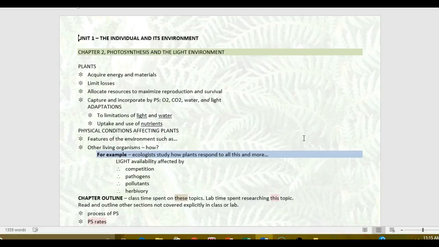So when we talk about the individual and its environment in this unit, depending on looking more closely at photosynthesis, photosynthetic processes, adaptations, optimization, all that kind of thing, we need to talk about the physical conditions that the individual experiences in its environment. So physical conditions affecting plants. Features of the environment that can affect the physical condition of the plant,